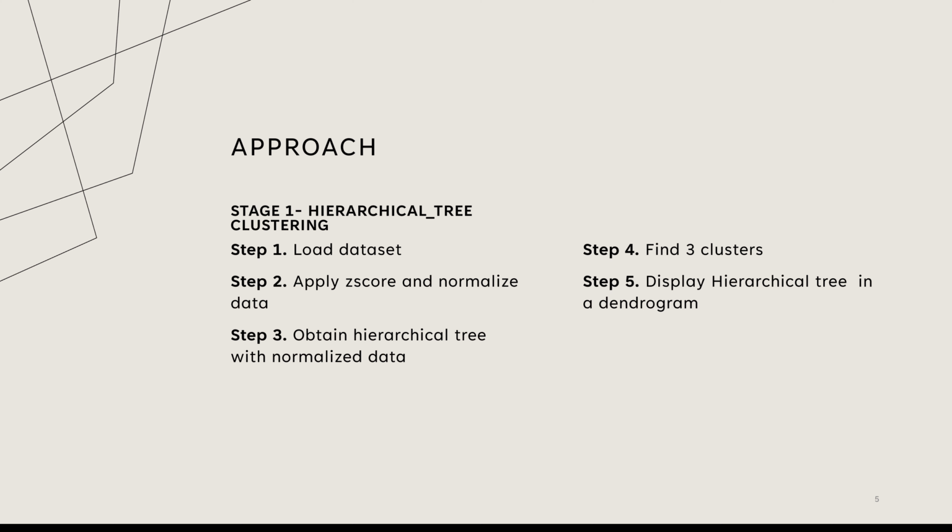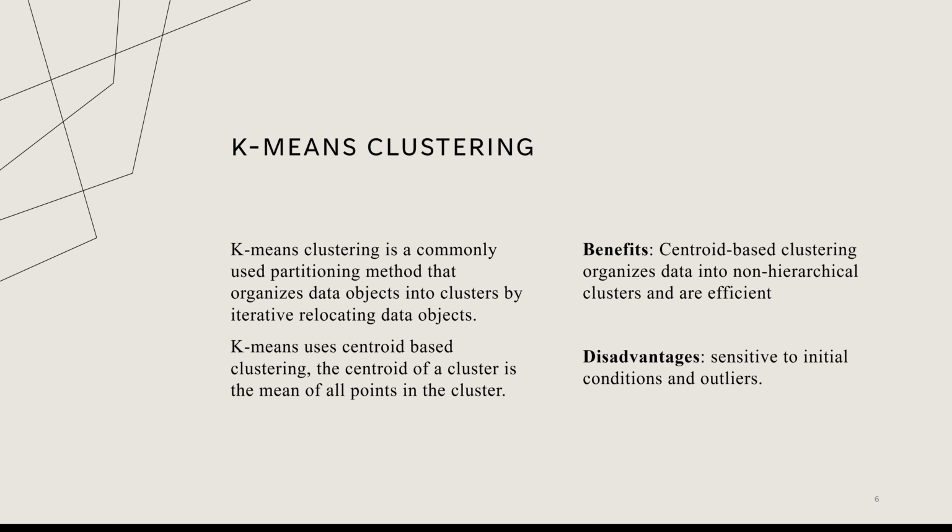All right, so in our code, we're going to load that data using our first approach. Then we're going to normalize the data with the normalize function and z-score. Once we obtain that, we are going to find our three clusters and display them in a dendrogram. Okay, so the next thing that you're going to see is we're going to take those results and put them into our k-means clustering